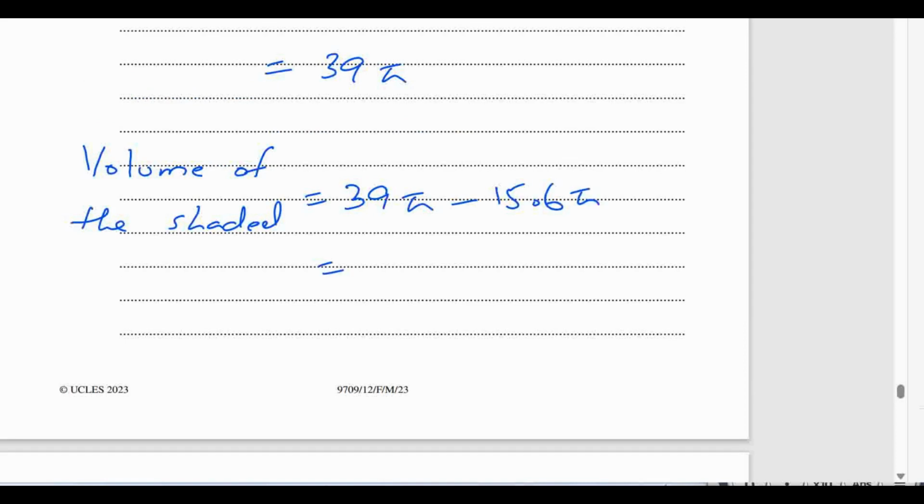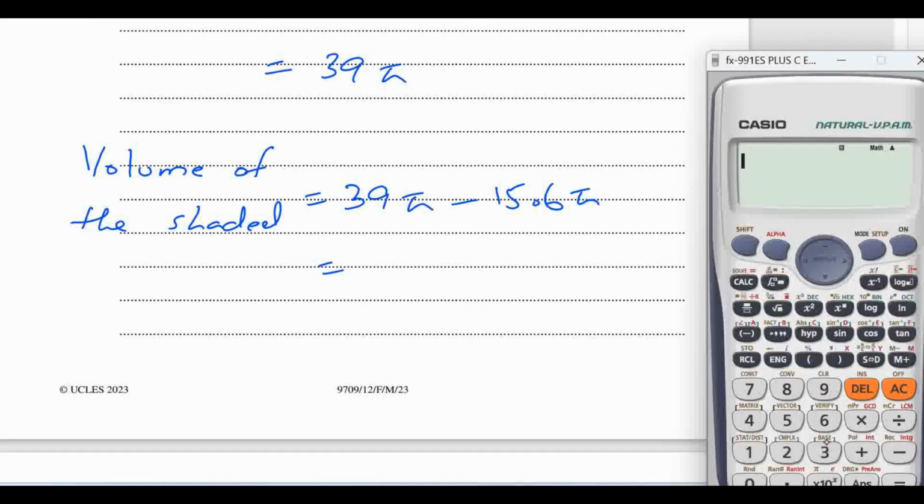So this will be equal to 39 pi minus 15.6 pi. So this will be equal to